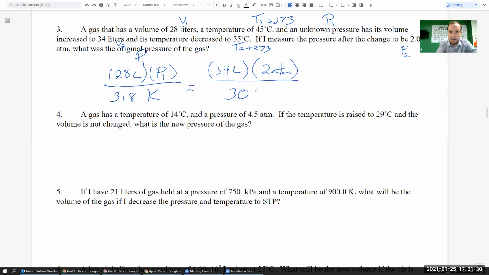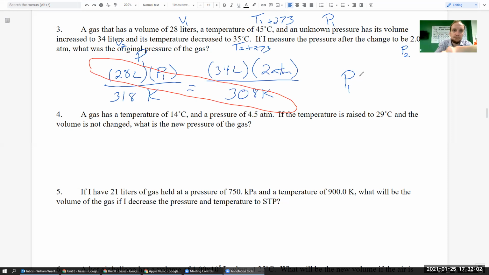308 Kelvin. Okay, so then my P1. Notice in this one, this is the diagonal that has all my numbers. So I'm going to take 318 times 34 times 2. Then I'm going to divide by both of these numbers that have my x or my P1. Divide by 28, divide by 308 equals,